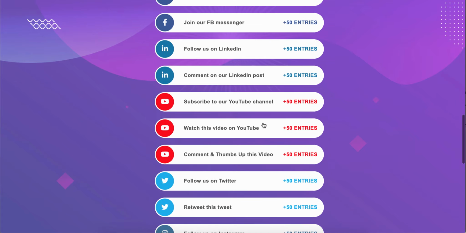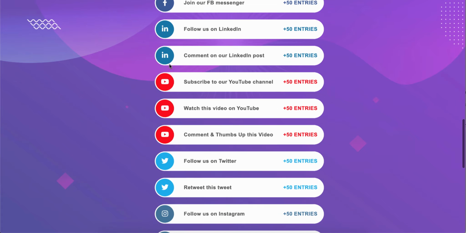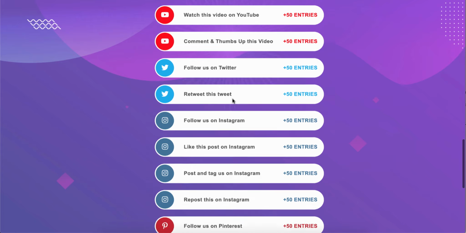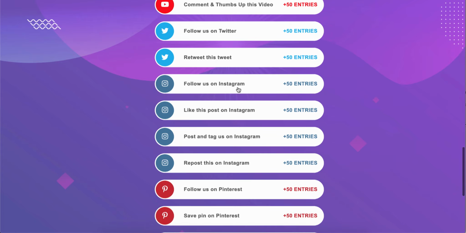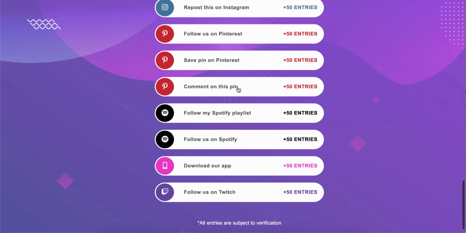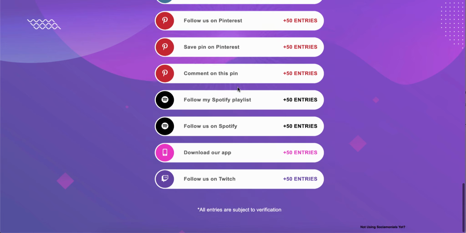As we scroll down, look at the different social networks that you can create engagement with. Have people subscribe to your YouTube channel, follow you on Twitter. Now you're growing your audience. Follow you on Instagram. Everybody wants to grow their Instagram followers. So there's just countless ways that you can use this to drive engagement with all of your social properties, and